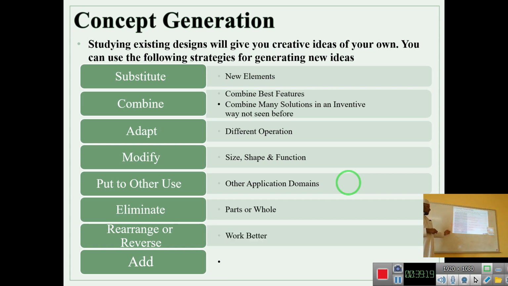Now rearrange or reverse. Sometimes we have to reinvent the wheel because the project idea may fail. So we have to rethink the idea again, rearrange it, or reinvent a new item from it. That's called rearrange or reverse. Last one, add. Add some features, many features, so that we can attract your customers. Previously this was the model and now this is the model, it has more features. So you can buy it. So these are the